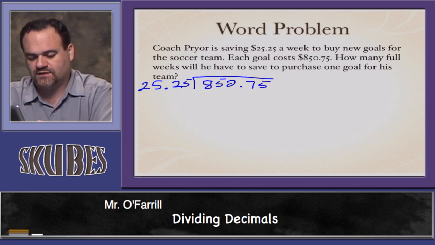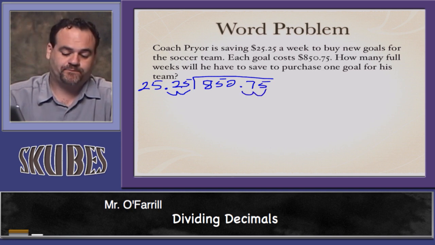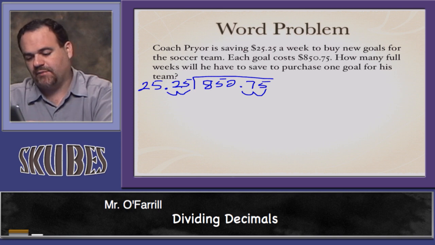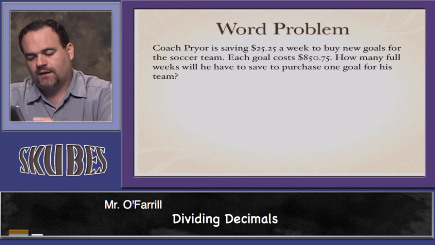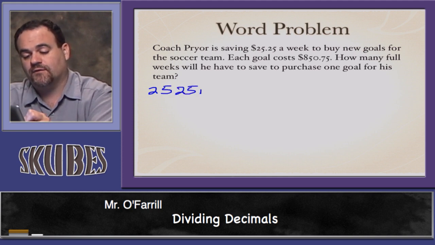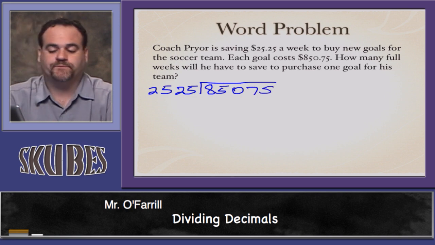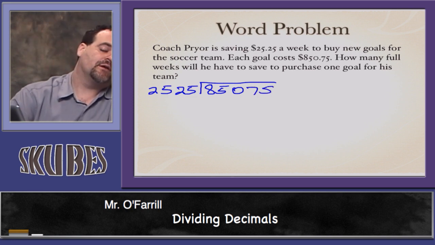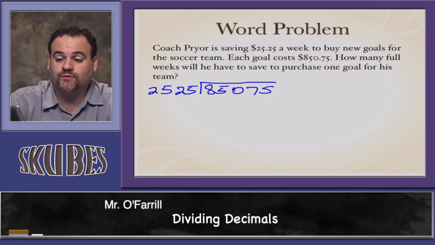And like we learned earlier, it's okay to have a decimal point here, but it's not okay to have a decimal point outside. So we move 2 hops to the right, 2 hops to the right. I already know this problem's going to get kind of big, so I can go ahead and erase what we're having here. What we're actually going to be doing is the number 2,525 into 85,075. Seems like pretty big numbers, but we're going to be okay. Remember, we're just going to do 2,525 into